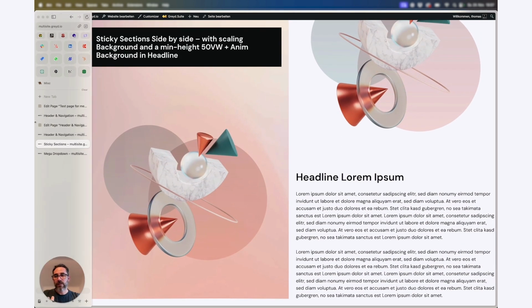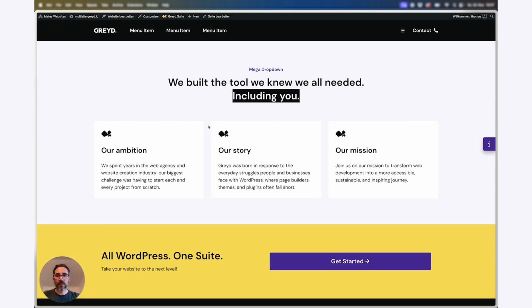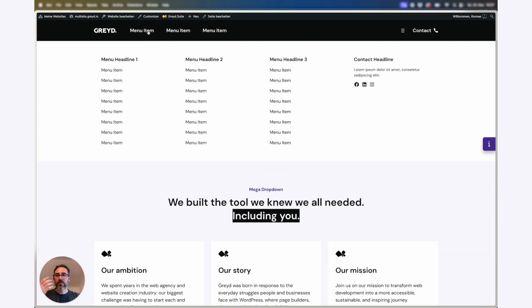If you want, for example, to build a mega dropdown, it's perfectly doable. We use buttons or any other content trigger to actually trigger an entire mega dropdown. Inside the elements in here, I have 3 columns using just standard navigation blocks to put in the sub navigation